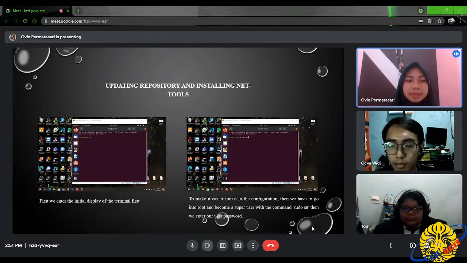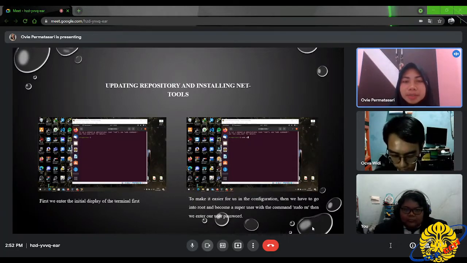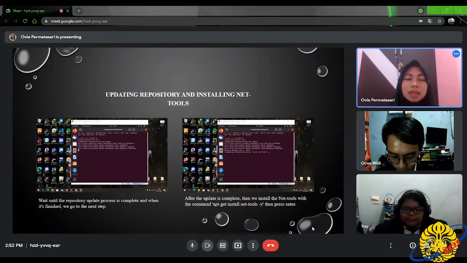Updating repository and installing NetTools. First, we open the initial display of the terminal. Next, to make it easier for us in the configuration, we go into root and become a super user with the command sudo su. Then we enter our user password. Wait until the repository update process is complete, and when it's finished, we go to the next step.